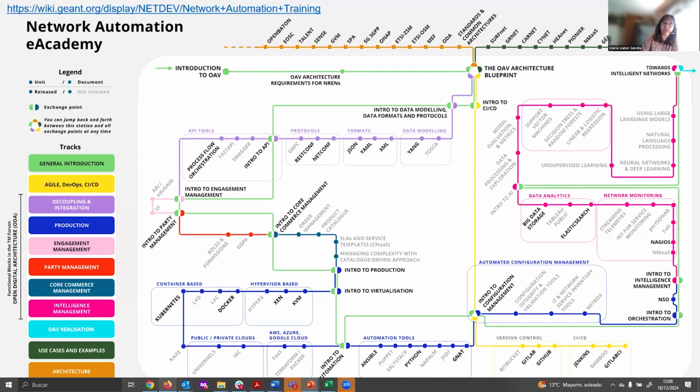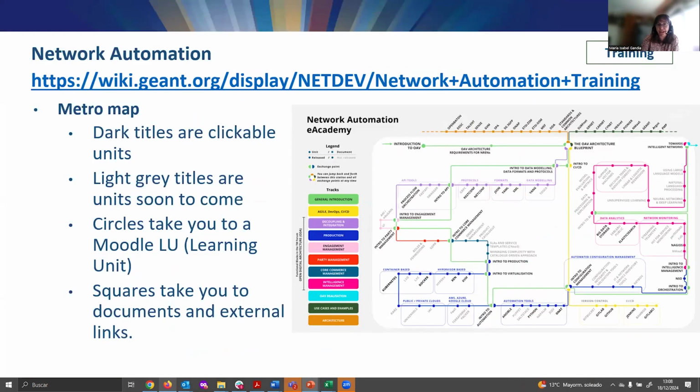And this is the metro map for the network automation track of the Network eAcademy. In black, you can see the units that are published, and in gray, the ones that are not published yet, but we will publish hopefully soon. You have the link to the network automation training here. As I said, dark titles are clickable units. Light gray titles are units that will come soon.